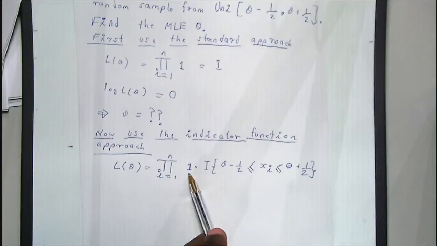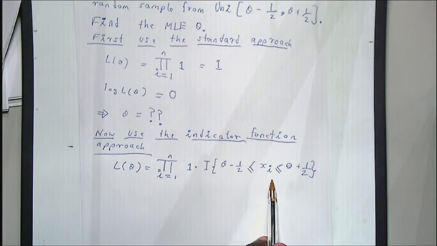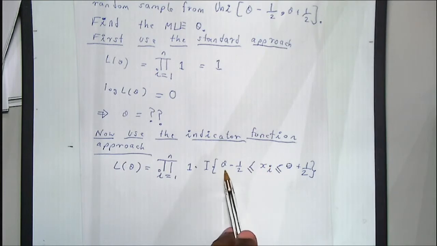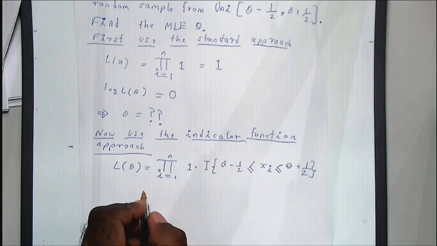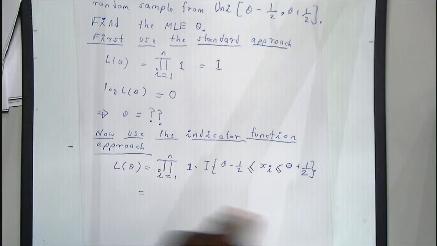I'm saying that is 1 times the indicator function, right? That's saying that every xi must be between theta minus a half and theta plus a half, right? So what you have is